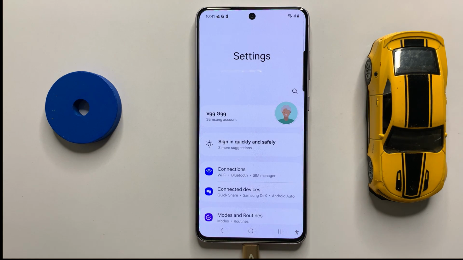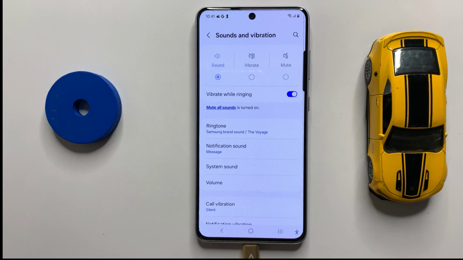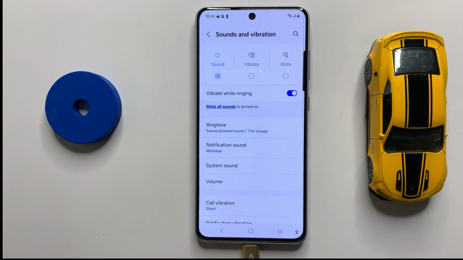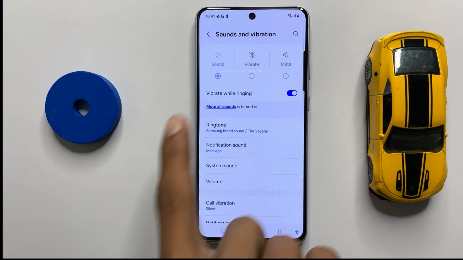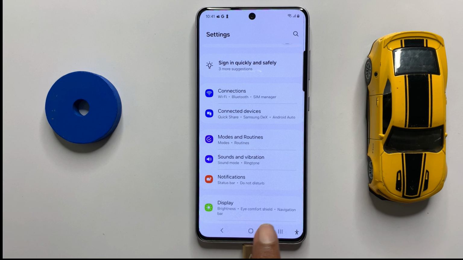open settings and scroll down and click on sounds and vibration. Now here you can turn on your text notification sounds. After you turn on your notification sound, then go back and